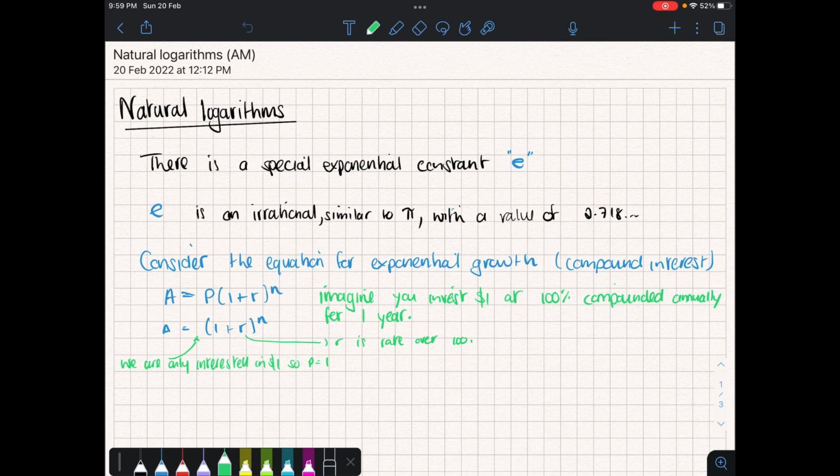Right, today we're going to be looking at something called a natural logarithm. Now, natural logarithms are similar to logs of base 10, where we use a specific base as our log. Okay? And the base that we use comes from the special exponential constant called e. All right? So e is very similar to pi in that it's a constant number,